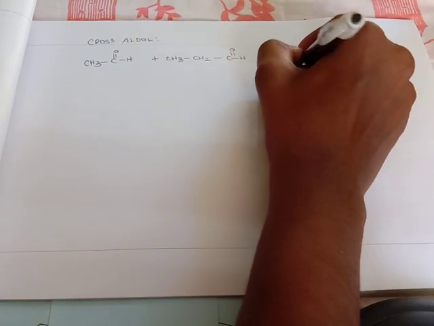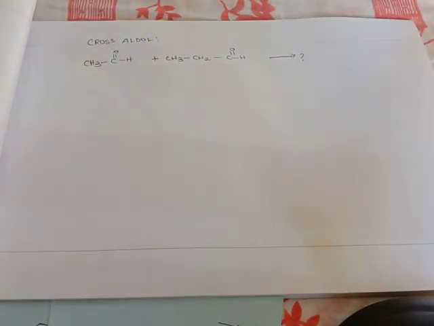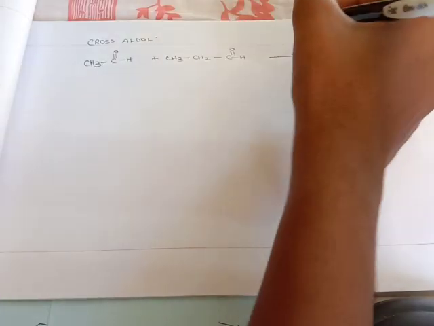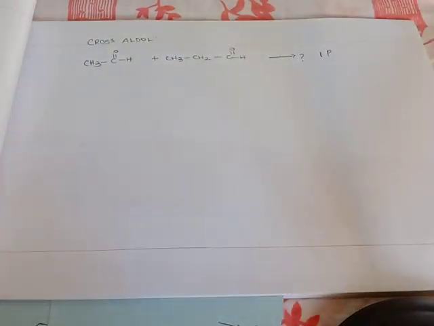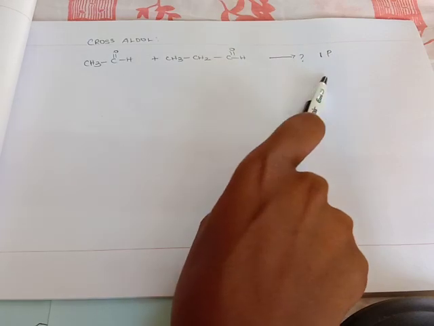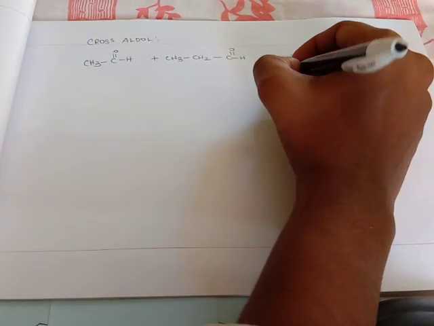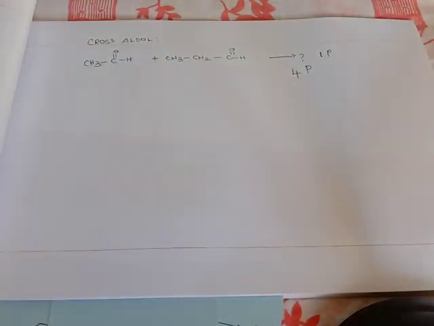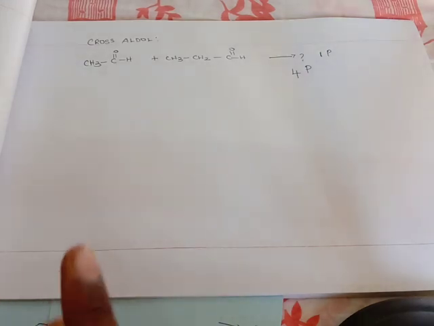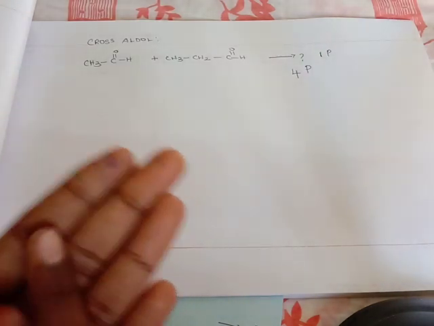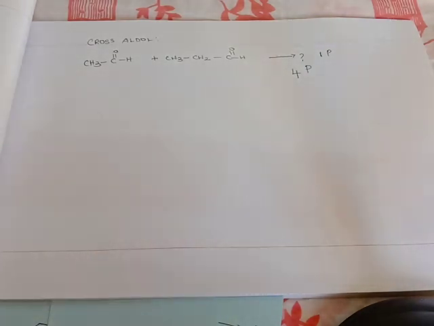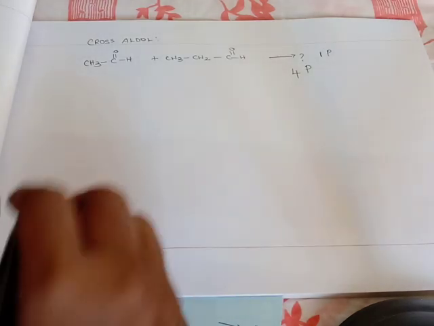What is the product? If I ask you this question, you will say that it is having one product. No, actually not. Students think that this one is having just one product, but no. It will have 4 products. How many products? 1, 2, 3, 4 products it will be having. How, ma'am? How can it have 4 products? If you ask me that question, I am going to reveal that.